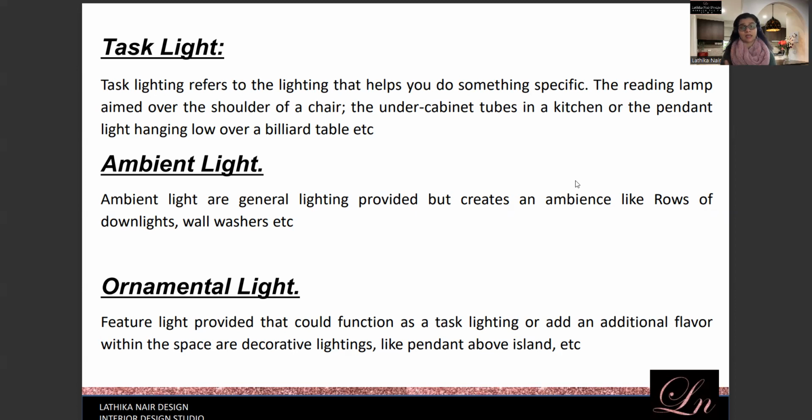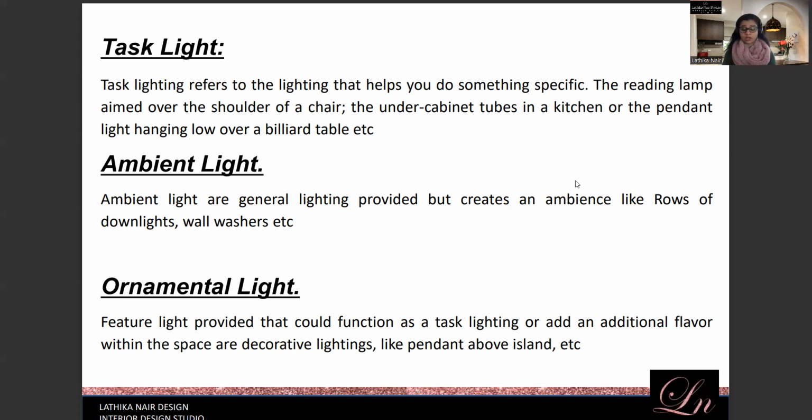And the final is the decorative or ornament light. These lights do have a purpose, because sometimes a decorative ornament light acts as a task light as well. The most popular one is the one that we have above the island bench in the kitchen. You have always seen it's really fancy having a beautiful pendant light above your island bench. One, it is a focus, it's an ornament piece. You can play around with something there, bring something new. But two, it actually has a function as well.